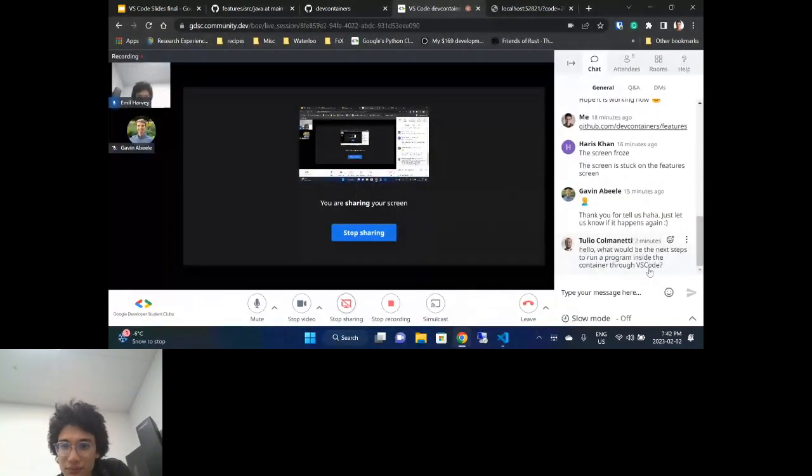I also have a question. What would be the next steps to run a program inside a container through VS Code? That's a great question, and it does depend on A, your type of application, and B, how you want to